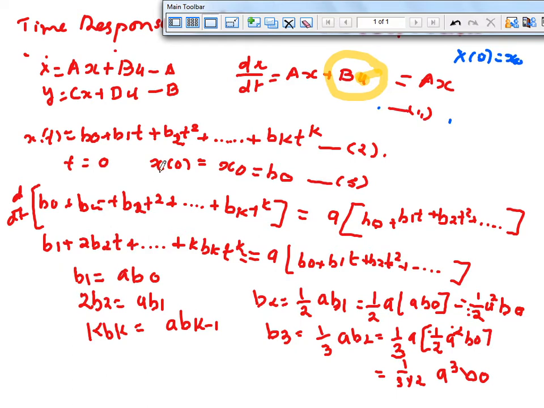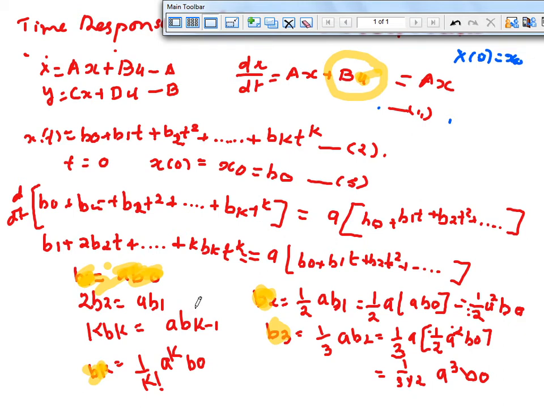So if I keep doing this, the first term which is actually present over here is this one. So we'll be having a b1, this term. Another one is your b2 term and b3 term. So for bk I can write this equation like this also: bk is equal to 1 upon k factorial a raised to k into b0. So this is the generalized form of all the variables of b: b1, b2, b3 up to bk.